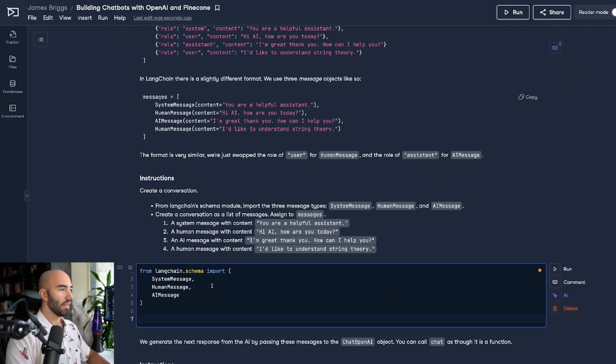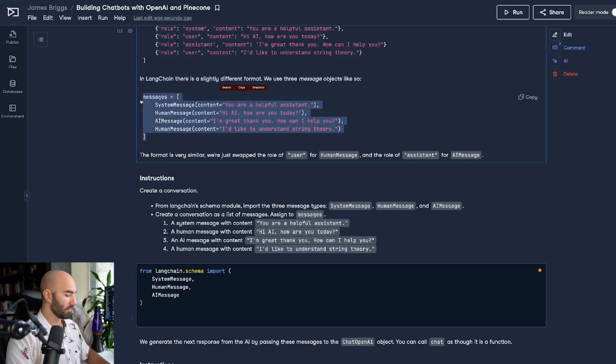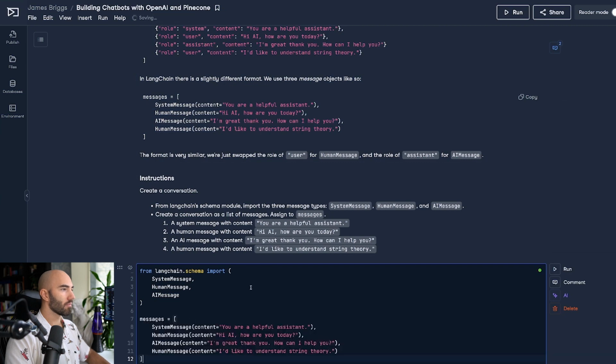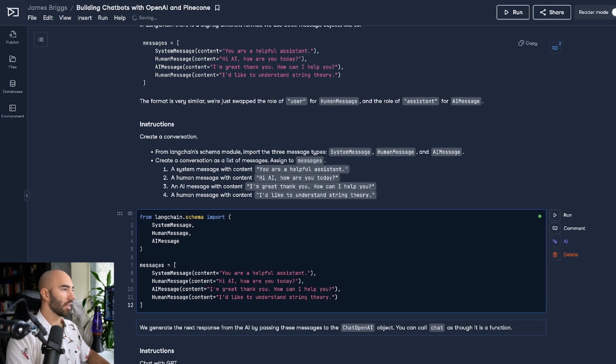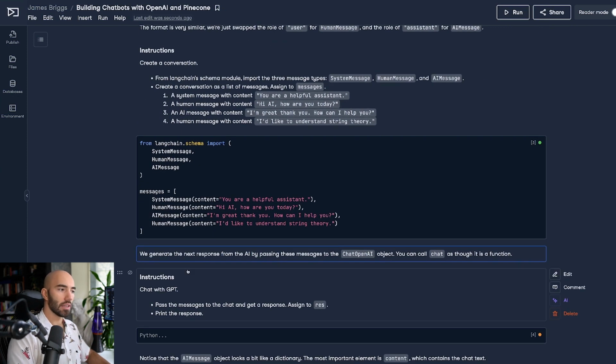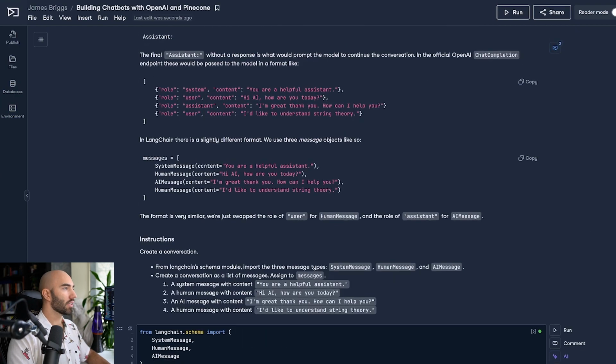Now what we want to do is essentially create this in our code. We want these messages. You can see the messages are the same, so you can actually just take this and put it into here. Okay, cool, so let's run that. And now what we can do is chat with the chat model that we earlier initialized.